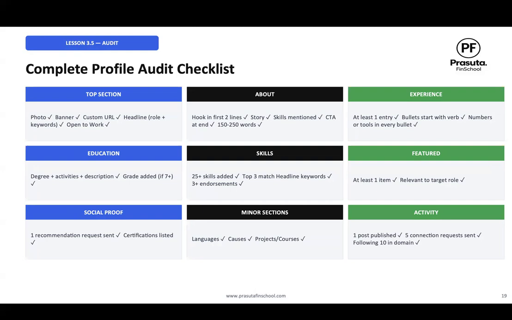Then the about section. Hook in the first two lines. Check story. Check skills mention. Check CTA at the end. Check 150 to 250 words. Done. If it is sorted, then let's move to the